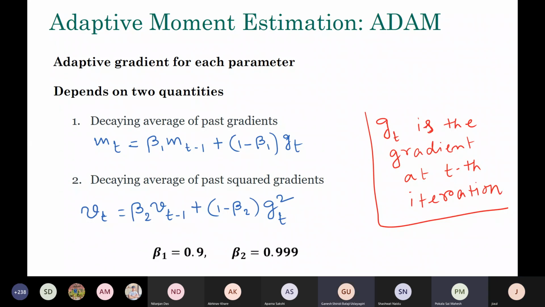Sir, I'd like to comment on this. We are already updating the theta values in the previous expressions, and only in the next iteration are we trying to give more weightage to the current gradient, g_t. So it's not like we are giving more weightage to the current gradient. It's just that we have already given more weightage to the previous gradients, so we're trying to reduce the weightage. Is it something like that? Yes, I think so, maybe.